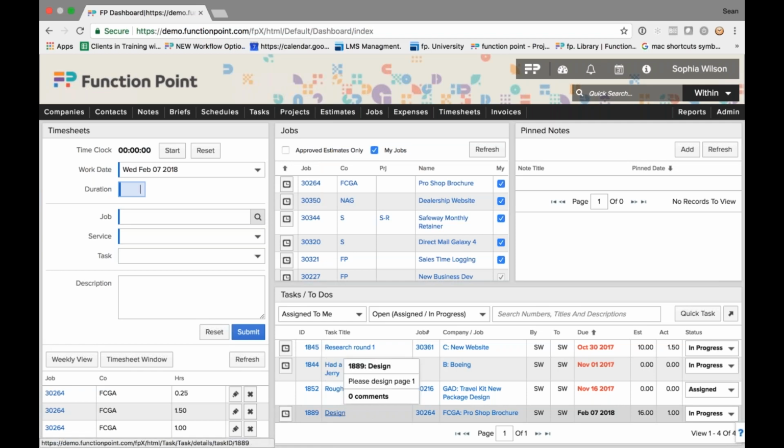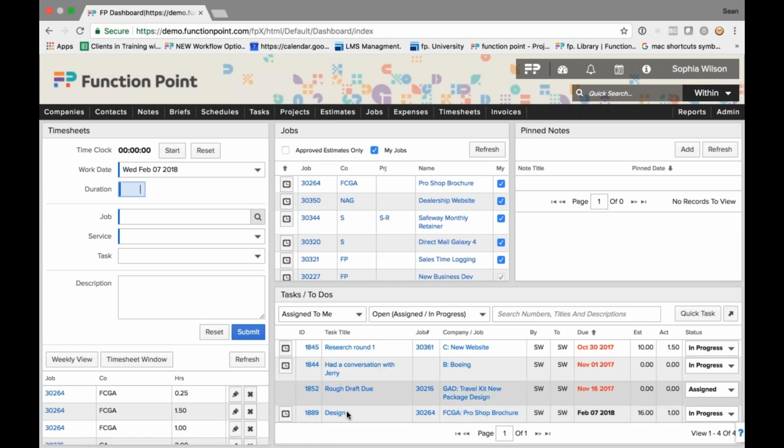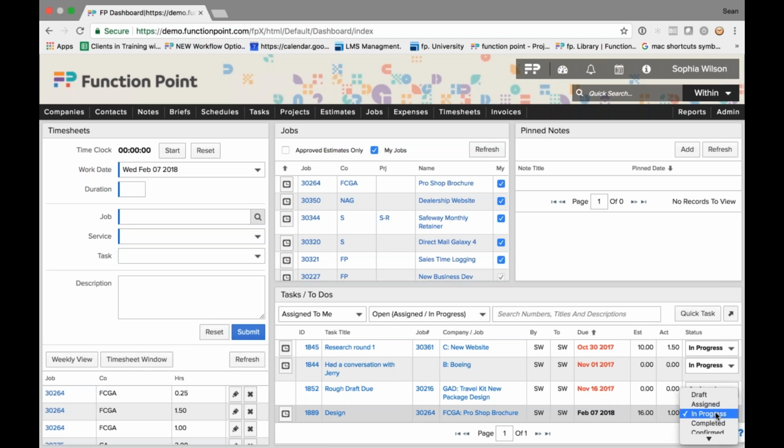Folks, I'm gonna use this design piece as an example here. So let's say that I'm working on this design piece for the day. Now, I've got 16 hours that have been estimated on this. I've got an hour that's logged to this so far. So chances are I'm nowhere near complete, but I'm actually going on vacation. So I know that I'm not going to be able to finish this off by the end of the day or, for the next 2 or 3 days. If I need to push this to somebody else, depending on my permission set in the system, I can take this status here, drop this down to completed,